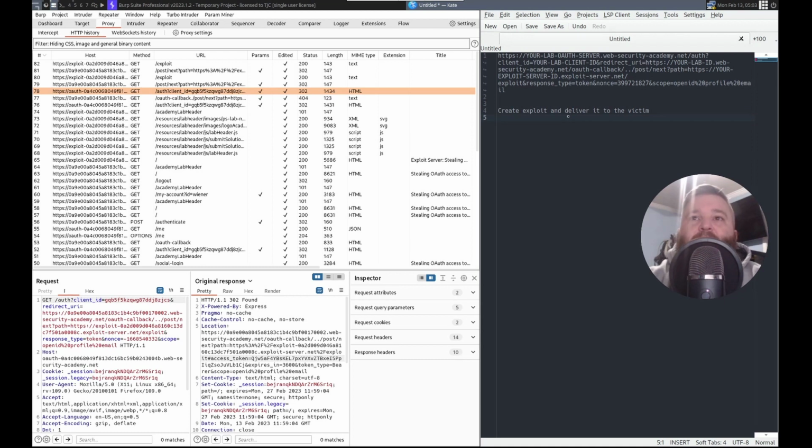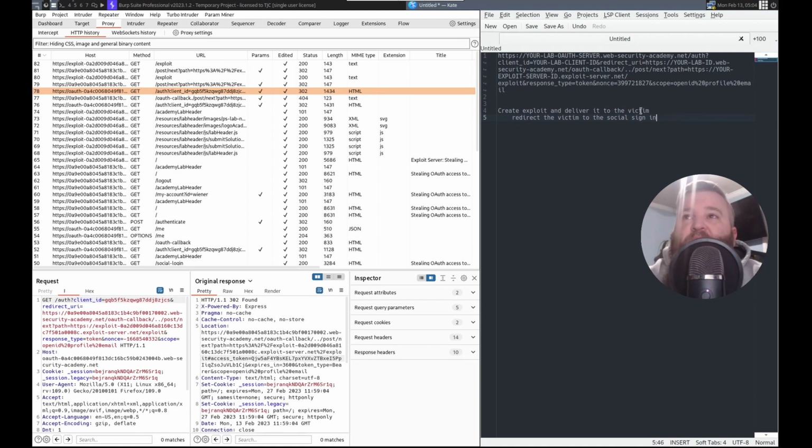The exploit should redirect the victim to the social sign in, whatever,